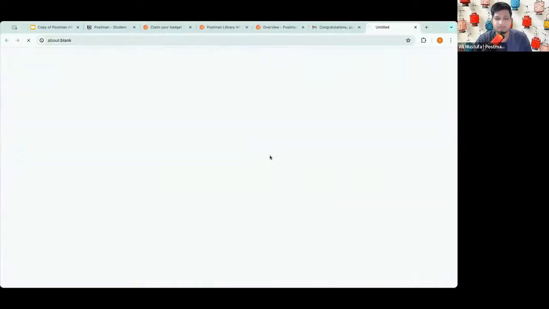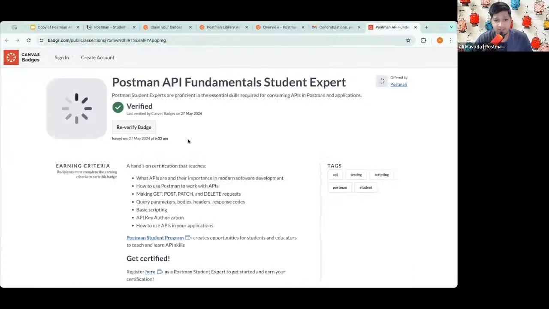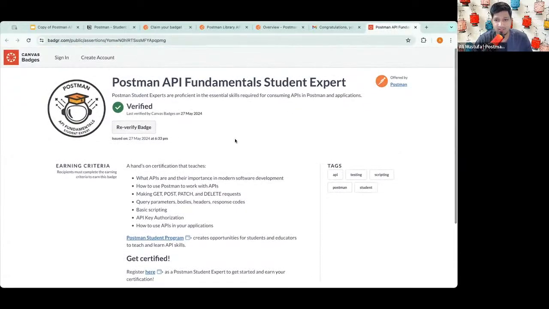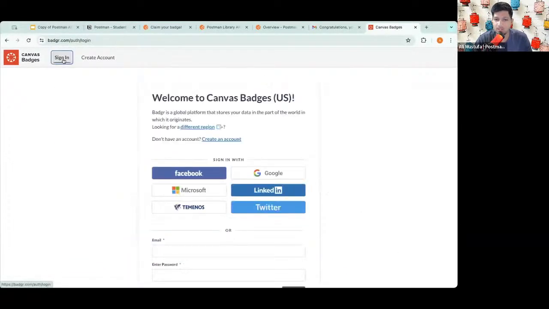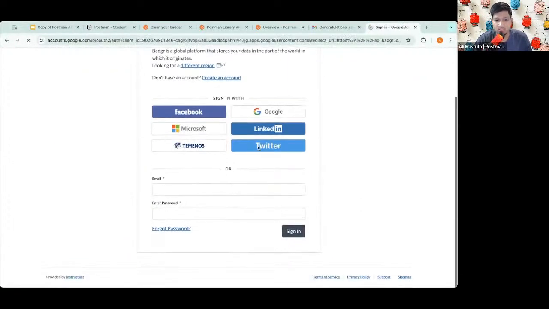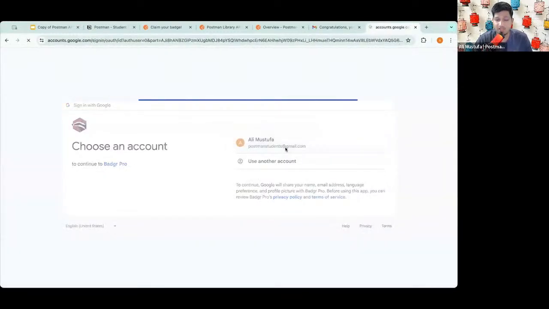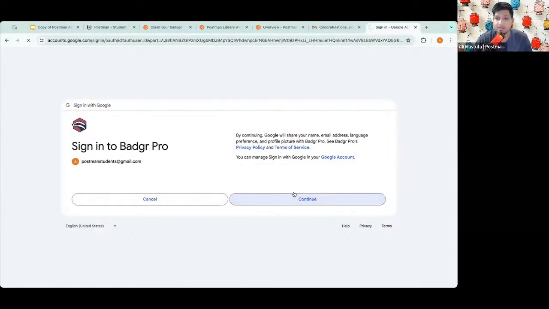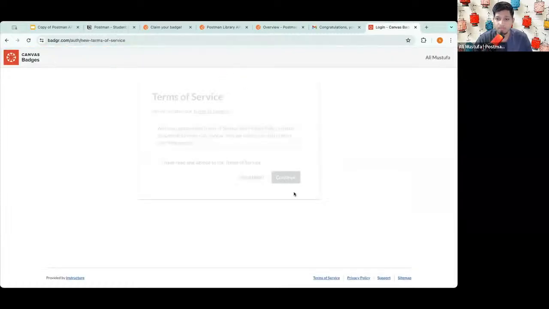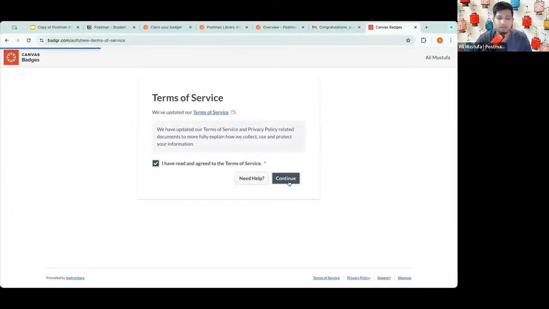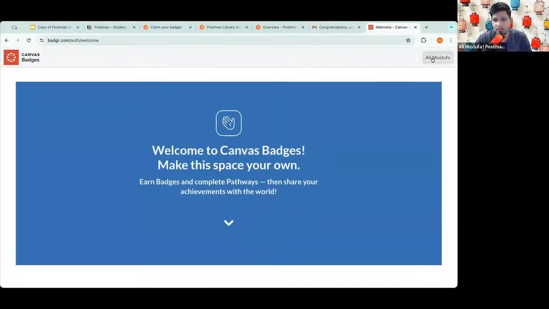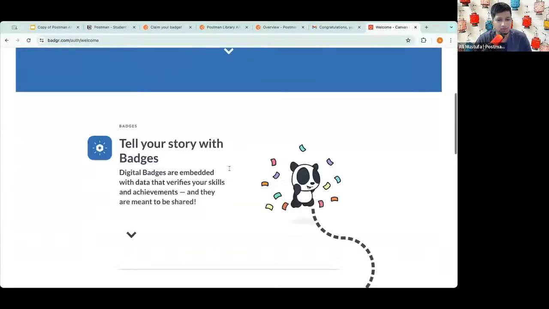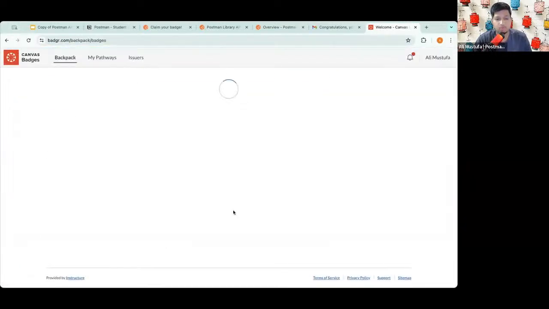I can click on this URL and I can see my digital badge right here, which I can share with others, by the way. So you can see I can share this with others. But one more thing I can do is I can actually go and sign in into this account. And I'll sign in with Google to make it easy. And then check out my badge and go ahead to download the certificate. So I'll agree to the terms. And now that I'm here, that is good. Let me go to my backpack. Oh, what does it say? Okay, go to backpack.